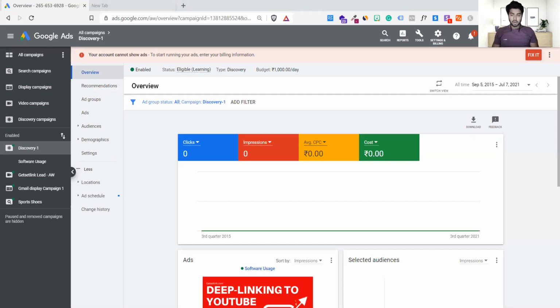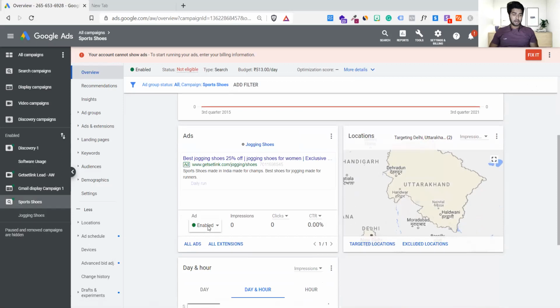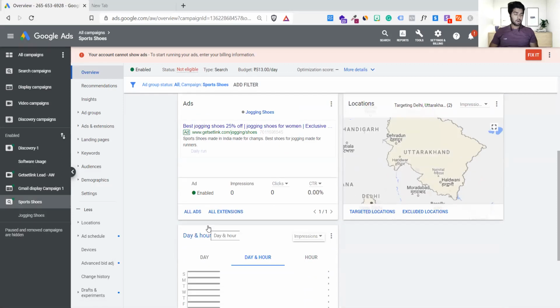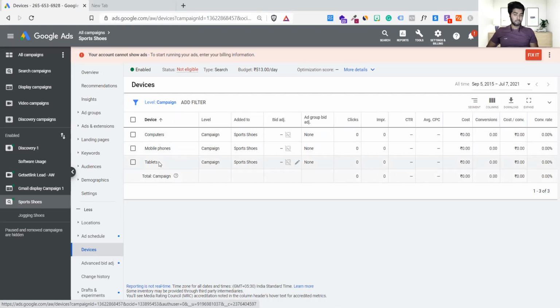Okay, from devices, that is like -100 or -10. Yeah, this is a search ad, okay? Under the search ad, if I want to exclude people who are searching on a computer, because mostly people are searching from phone right now in this country, let's go to the devices. You can see three types of devices are available to search right now: computer, mobile phone, and tablets.